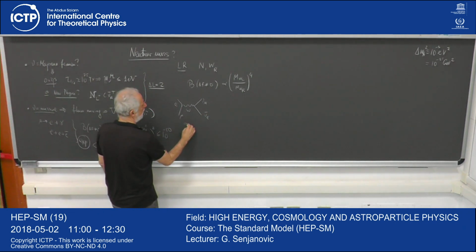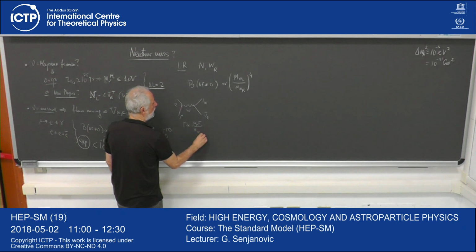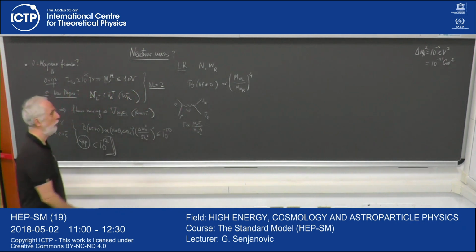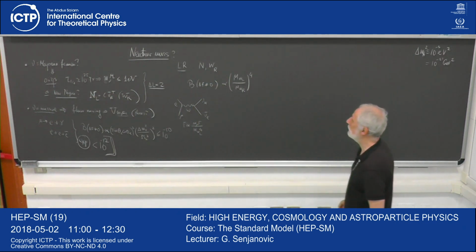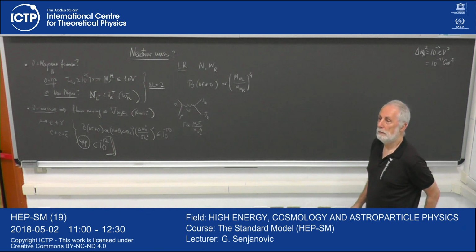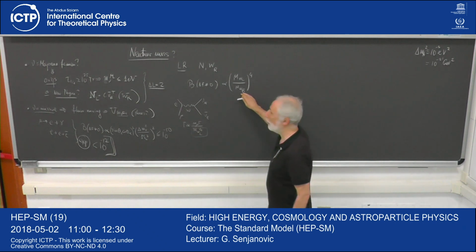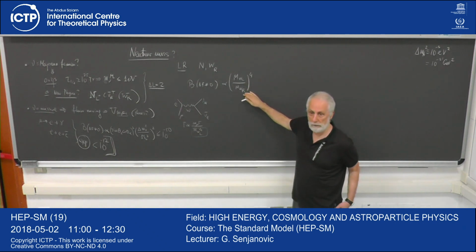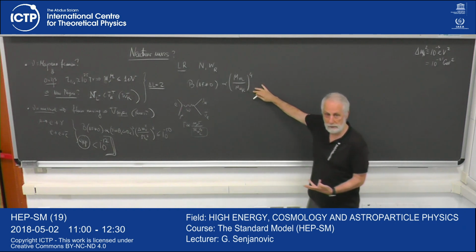This decay rate, gamma mu, is proportional to m mu to the 5th power divided by M_WR to the 4th power, with all the factors. So there is automatic suppression of this type, right? This is the strength of the process. This will have to go through the new physics. Typically you put the scale of the new physics here, if it exists. It may be some supersymmetric partner, I don't know, this is just an example here.